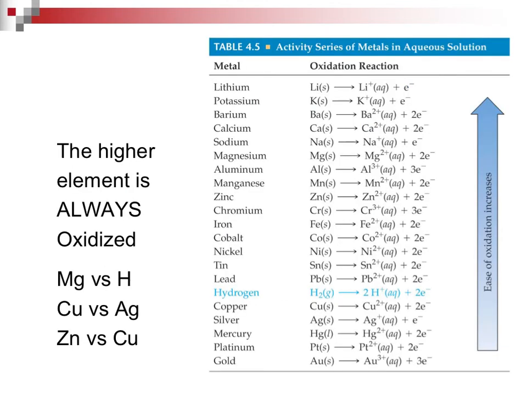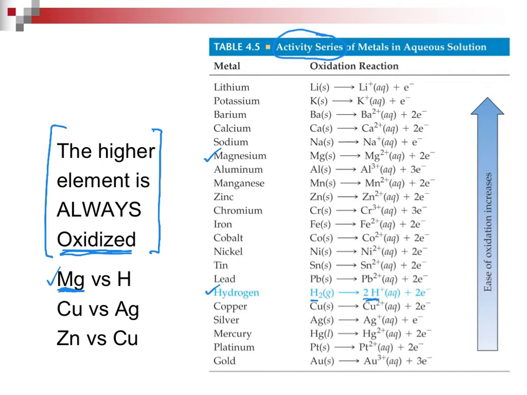They compiled all of this in this table called an activity series that is always provided for working the problems. Notice I've said here, the higher element is always oxidized. Students often struggle with this, so let's do some examples. Magnesium versus hydrogen. I'm going to find magnesium on the chart. I'm going to find hydrogen. Oh, it's sort of buried as hydrogen the molecule and hydrogen the acid, but there it sits. Magnesium is higher. It is going to be oxidized.